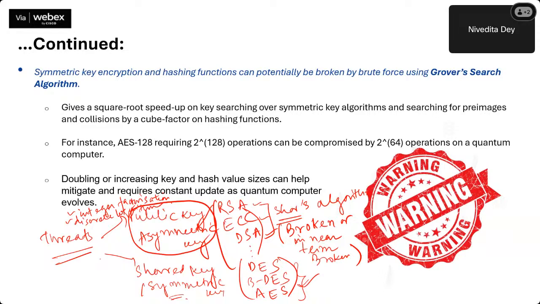Say AES is telling that I have a 128 bit key size. Then it tells that, okay, you have a 128 bit key. That means your search space will be of how much? 2 to the power 128. Now, if I'm an intruder, I have to search your entire search space in order to do a brute force attack